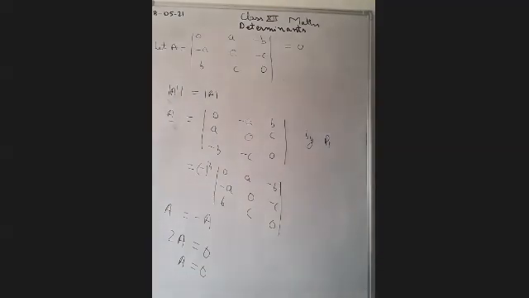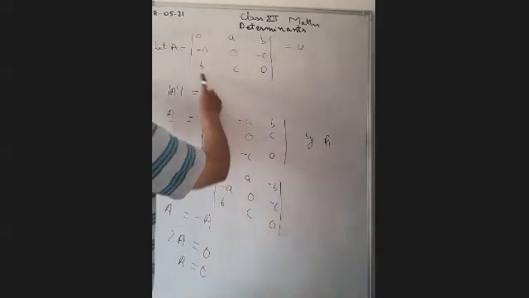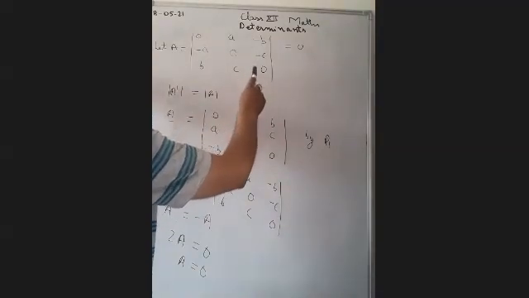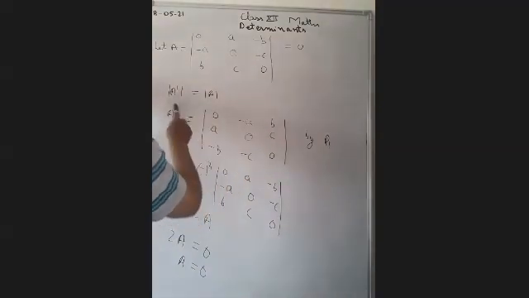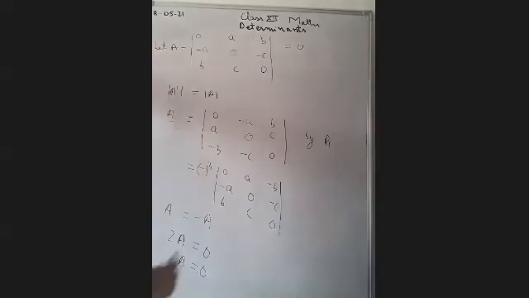Just check again what we have done. We have done nothing else. We know that by property 1, if we change rows into columns and columns into rows, then it is equal to the determinant of A. Okay, don't